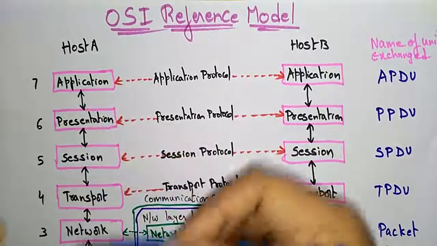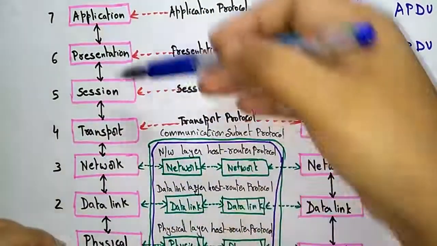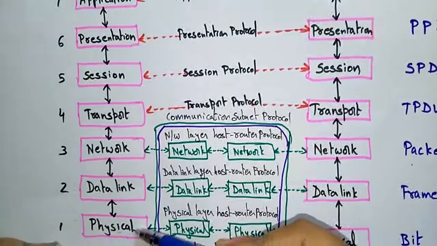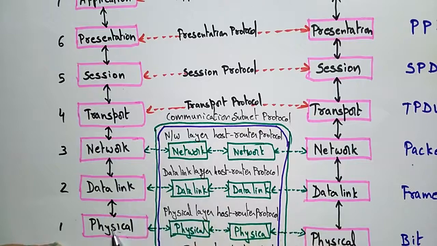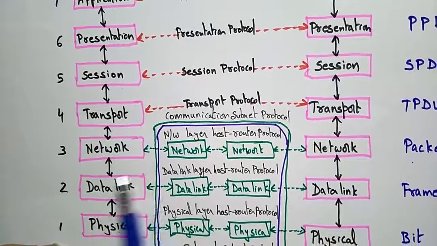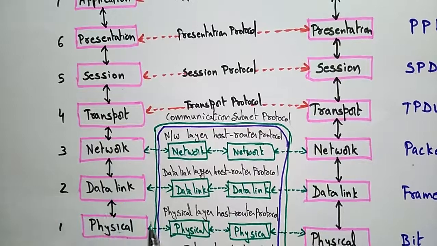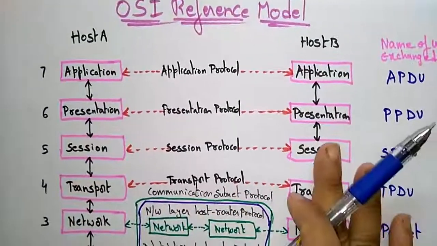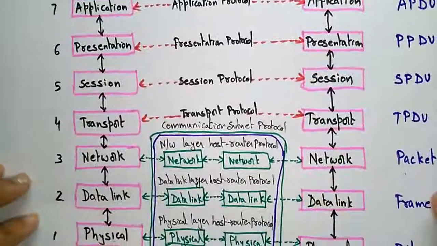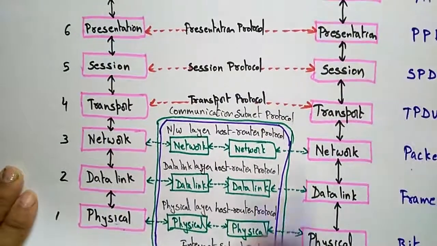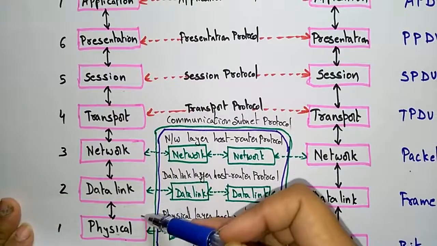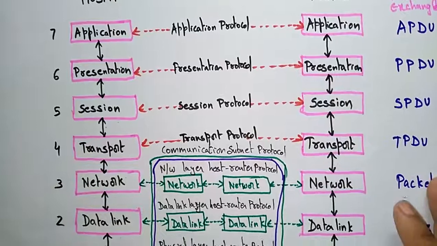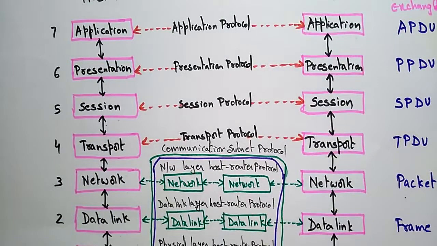Internally everything is converted like this: presentation, session, transport, network, data link, and finally, when the CPU reads the data, it is physical data. The physical layer converts the bits into signals. This is just an overview of the OSI reference model, the 7-layer architecture. Now let us discuss each and every layer clearly: what the physical, data link, network, transport, session, presentation and application layers are, along with their functions. Thank you.